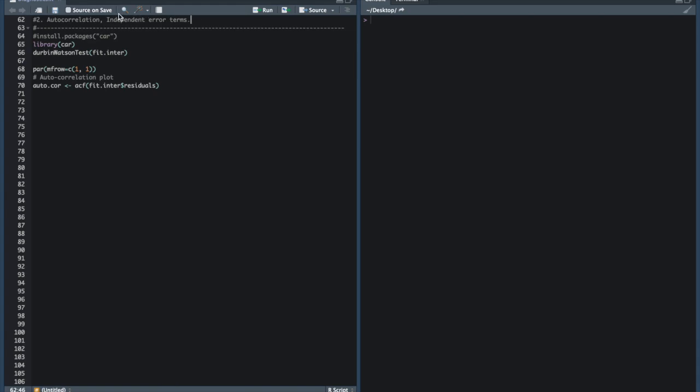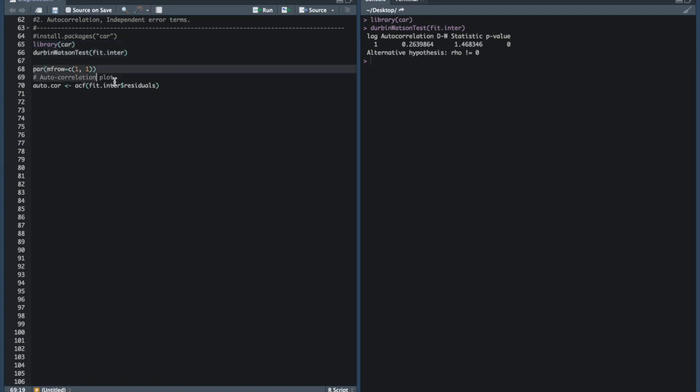Now, before you run the Durbin-Watson test, keep in mind that you have to install the package car. Since I've done that, I'm going to run these lines of code, which will give us the test. As you can see, our p-value is 0, which is less than 0.05, which means we have to reject our null hypothesis, which means there is a definite pattern in the residuals. Now let's plot the